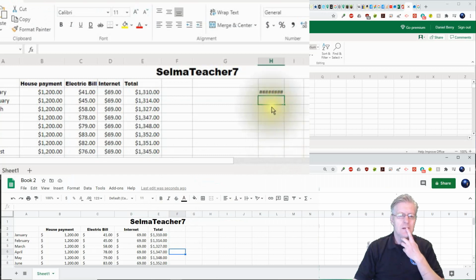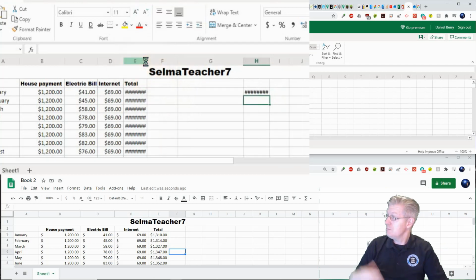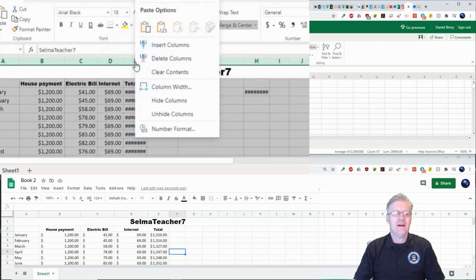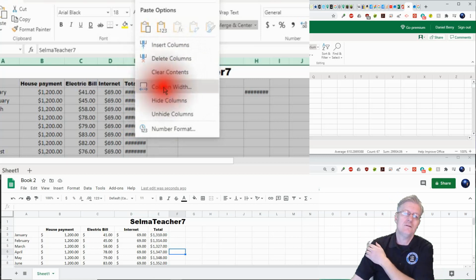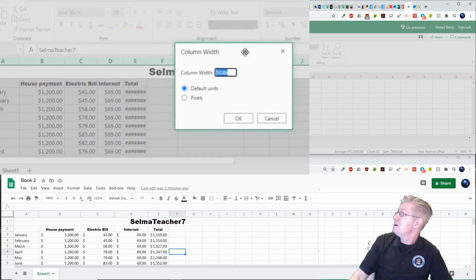What about Excel? Will it also automatically resize the column? So what I'll do is I'll do the same thing, make it too narrow. There's my railroad tracks. And I'll right click the letter E there, and there's, let's see, where's my column width here? There it is, resize column, or it says column width for Excel. I use a little bit different term. And as you can see, it does not say resize to fit data. So unfortunately, that's not an option inside of Excel that I see there.